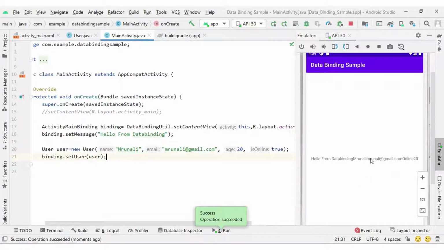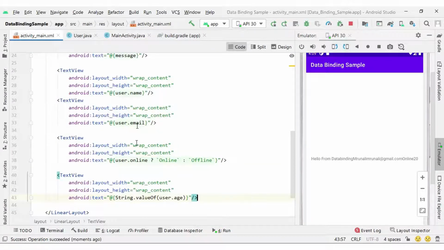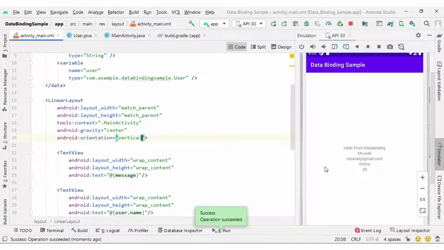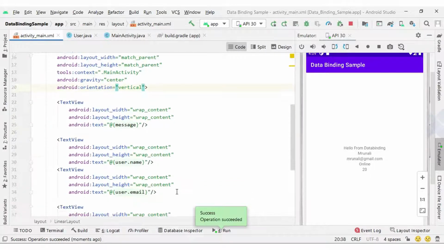Okay, you can see the output is there, but the problem is everything is in a single line, so I need to set orientation in our linear layout. Let me set orientation vertical and run it again. Now you can see the name, email ID, online property, as well as age 20.